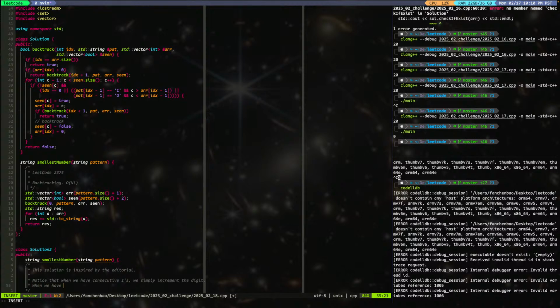When we have D, we cannot immediately decide what digit to assign it, because its value is dependent on the number of